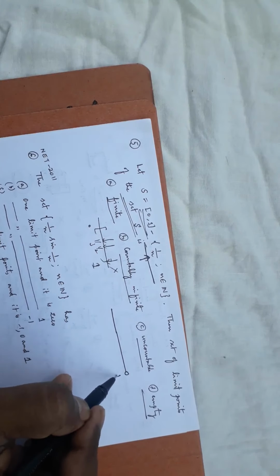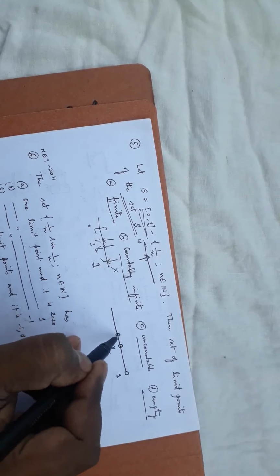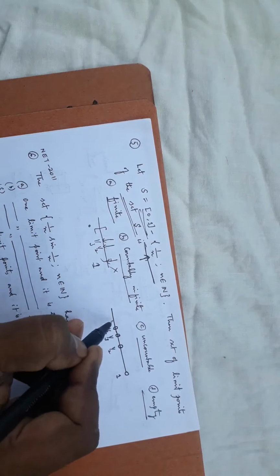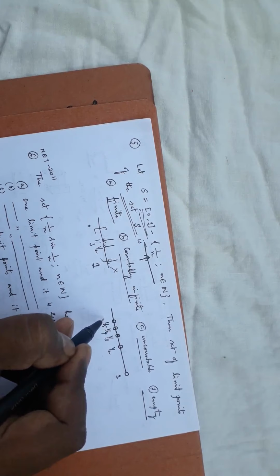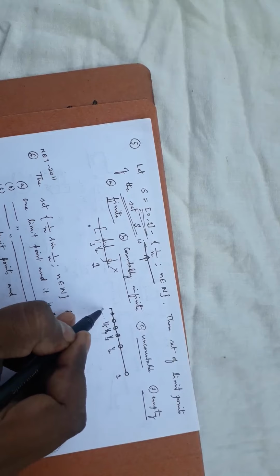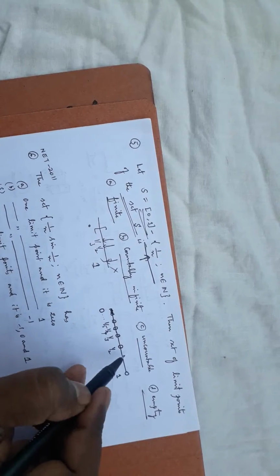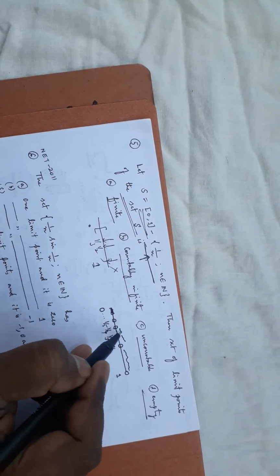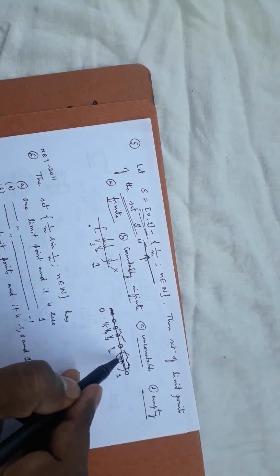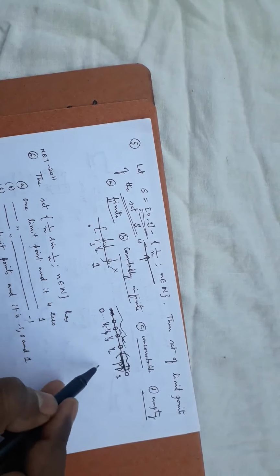1 is left, 1 by 2 is left, 1 by 3 is left, 1 by 4 is left, 1 by 5 is left. Likewise, once you approach near 0, here there will be many points left out. That means up to here your set is there. If you just stand at this point and try to think about the limit points, every point is a limit point here. I am not considering all this, just consider the gap between half and 1.